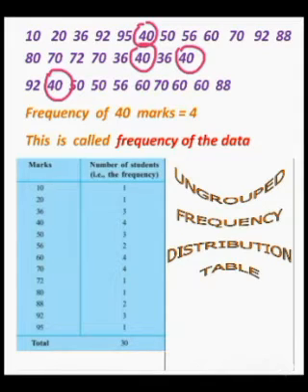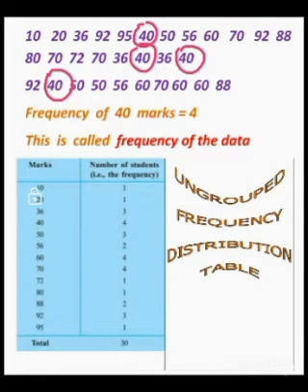Okay. To understand more clearly, let us represent this in a tabular form. In the tabular form, you have marks in one column and, in another column, the number of students. Here number of students means what? Frequencies. You see the tabular form here. 10 marks, only 1 student got. Next, 20 marks, only 1 student got. Next, 36 marks, 3 students got. You see, 3 students got 36 marks. Next, 40 marks, 4 students got.